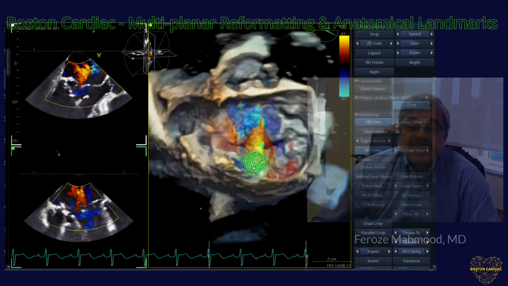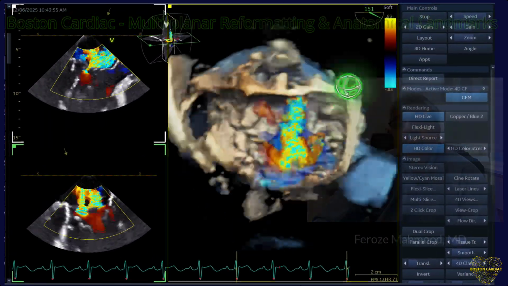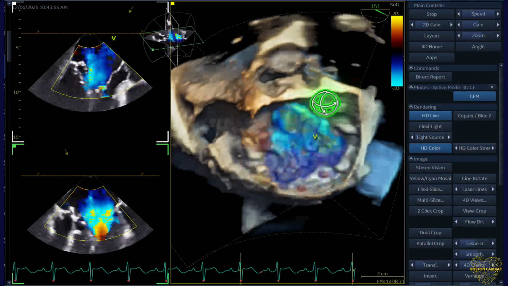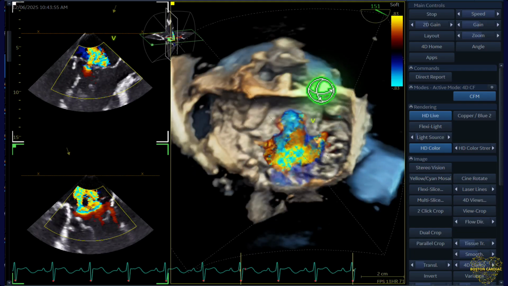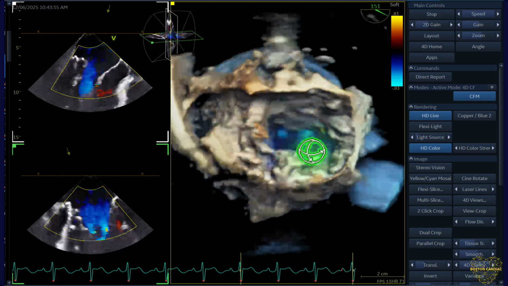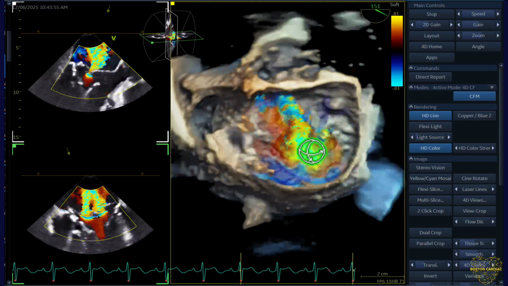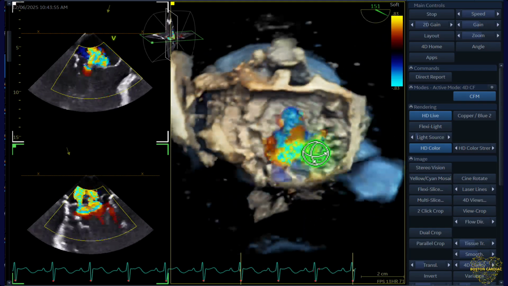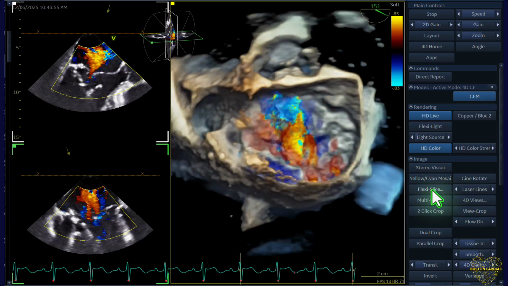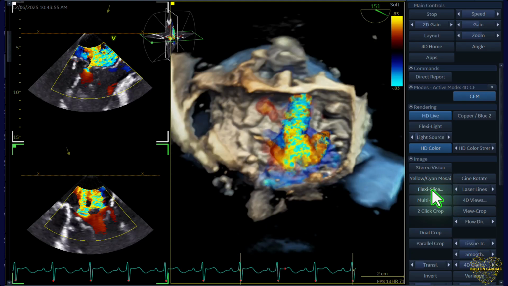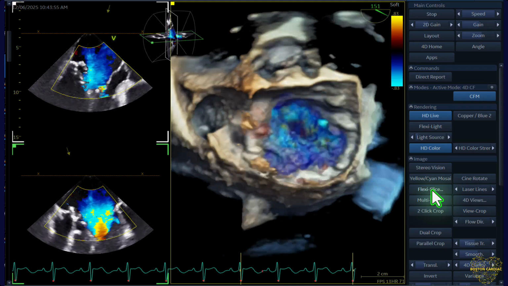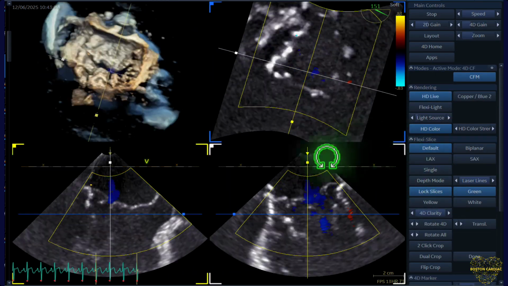In this specific patient, as you can see, the MR is significant, and despite upscaling of this Nyquist limit, it is still difficult or nearly impossible to identify the specific site where the effective regurgitant orifice area is the largest, where it would be best to deploy an edge-to-edge repair device. For this specific function, we'll have to activate the flexi slice function, which is the multiplanar reformatting software of this system. So as soon as we click this, we get into this environment where we are